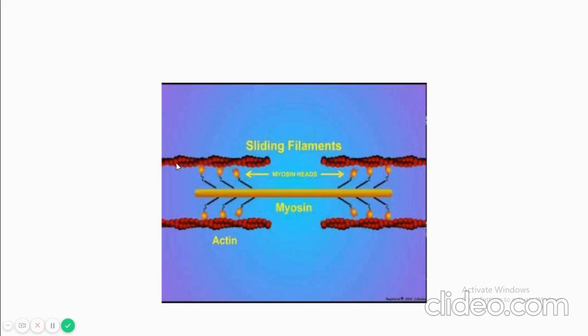So this is the thin filament made up of actin, troponin and tropomyosin, and the centrally placed thick filament composed of myosin. The myosin has bulbous heads. These are the bulbous heads projecting from the myosin thick filament. Whenever a nerve impulse is received on the sarcomere, these bulbous heads go and hook to special sites on the thin filaments.